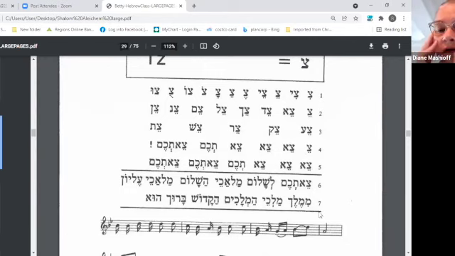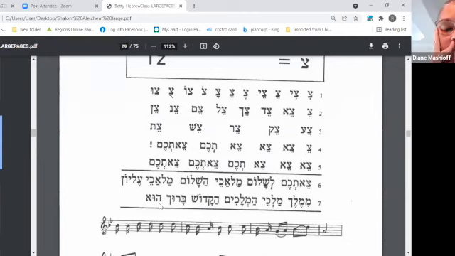Elyon, Melech, Malahe, Malahe, Hakadosh,